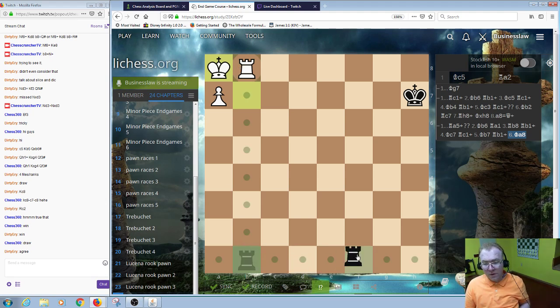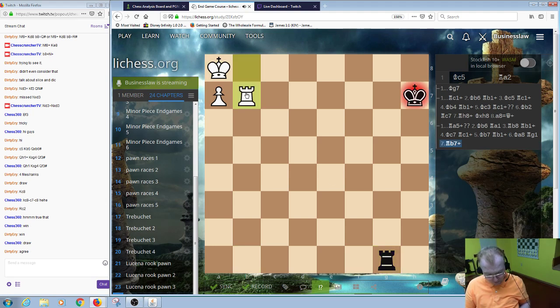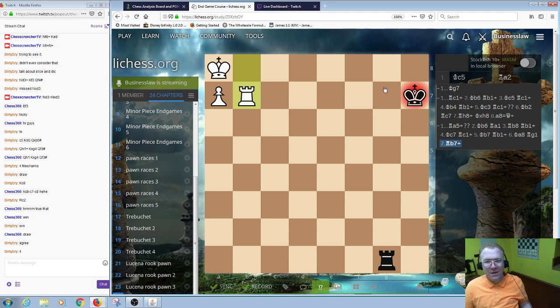Rook g1, rook b7, and remember, how many squares away is the king? Black has to be more than how many away? In a rook Lucinda? 4, yay! Nice job. Great work there. You got it. h6, and then king b8,